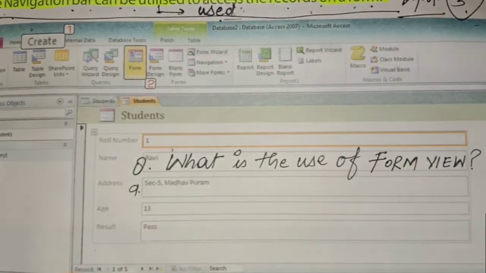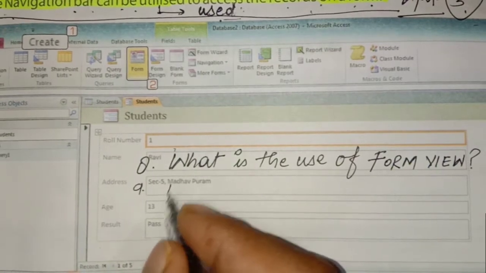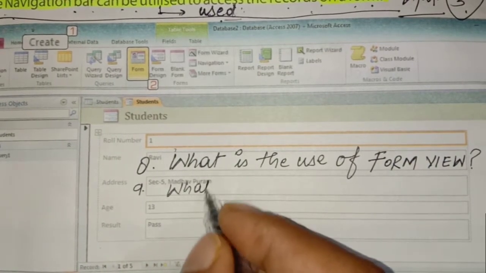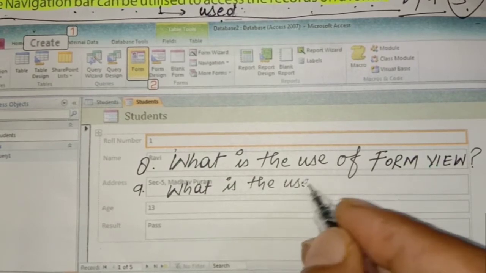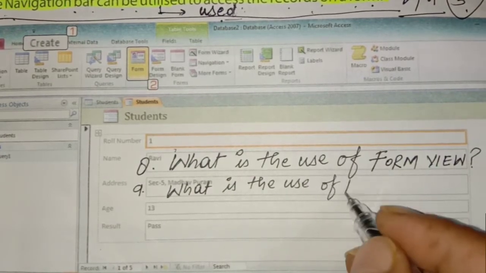Question number 9. What is the use of design view?